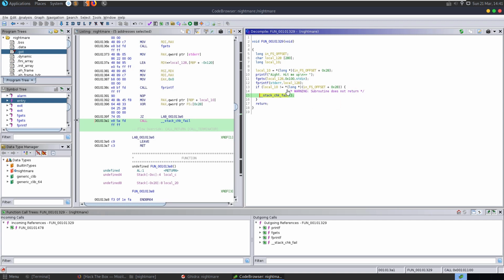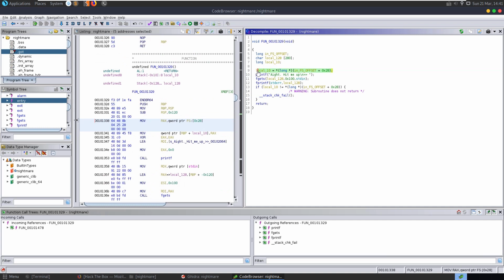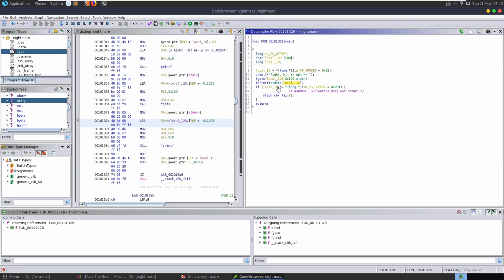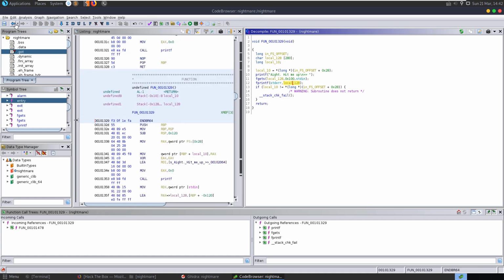In some cases, you might be able to leak the actual canary and then overwrite it whenever you actually write your shellcode or your ROP gadgets, ROP chains, whatever. You might be able to overwrite the stack canary with the correct value as well. Sometimes these are just implemented in CTF challenges. You'll see stack canaries that are just implemented manually, so they're a bit easier to brute force and things like that as well. But it doesn't look like that's going to be the challenge here. So it takes this input off us, it prints it back with printf. Okay, so let's go back and have a look at the